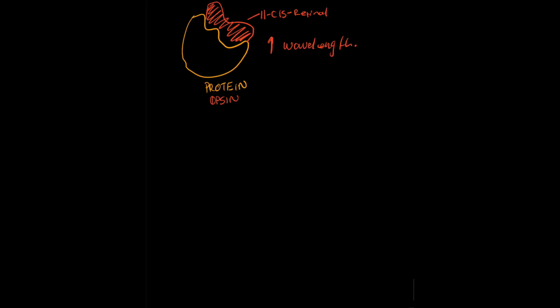However, interestingly, cones have 3 different opsins. And so they're able to detect not only larger but different wavelengths, so they'll be able to differentiate between colors. And that's why when you look at